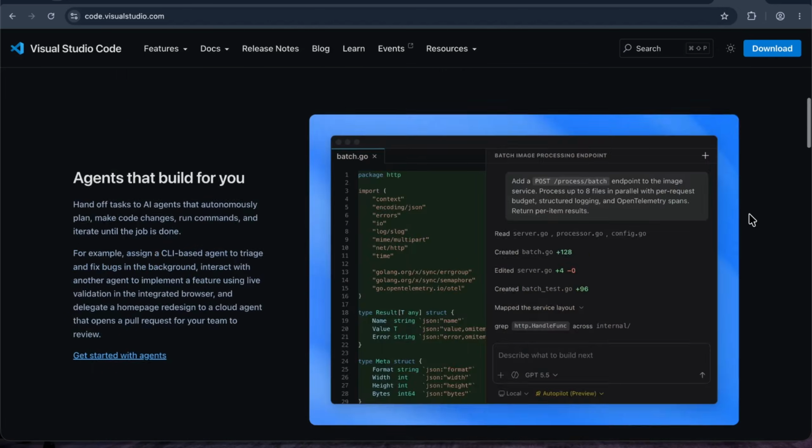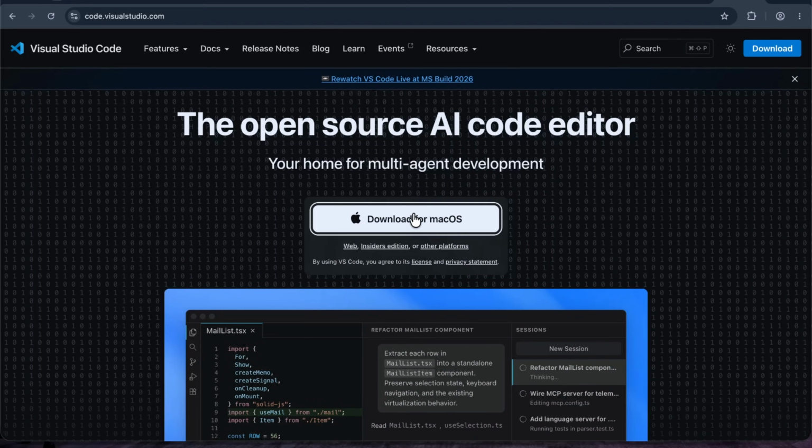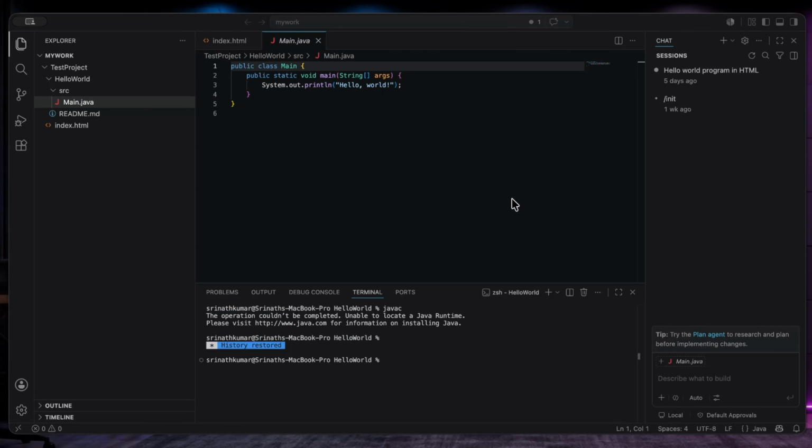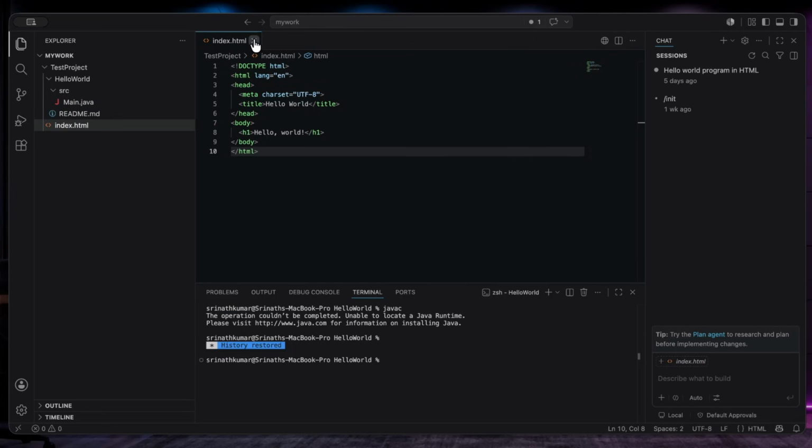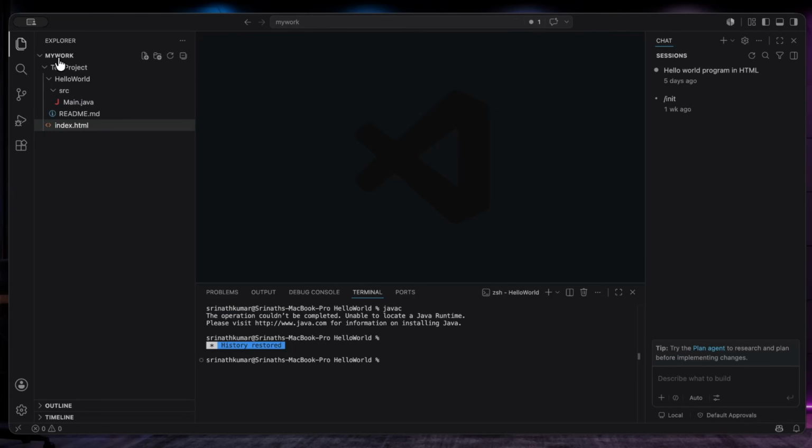So once you select this one, in your case it could be Windows or macOS. Once you download this, you'll have the IDE ready. So once you've got your VS Code ready, this is how it looks, though not exactly like this, because you will not have all these things. You will just have this welcome page, and from there you have to go to extensions,